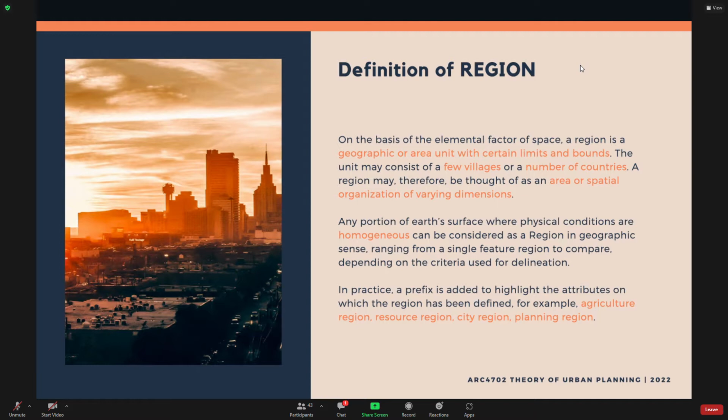So the unit may consist of a few villages or even a number of countries. For example, the Balkan countries. We call it the Balkan region because they share similar characteristics of geographical area. There is a certain number of countries in the Balkan region. So a region may therefore be thought of as an area or spatial organization of varying dimensions. There are lots of dimensions to